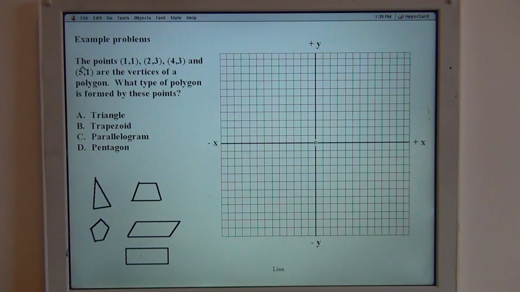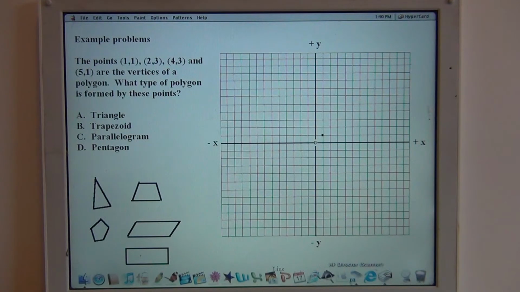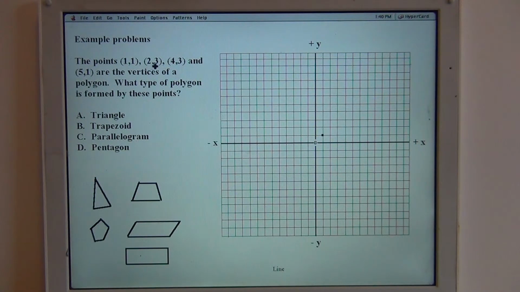Okay, so we're going to plot these points. Let me get my line tool here. First point is 1, 1. Well, x is 1 and y is 1. They're both positive, so I move 1 on the x-axis, 1 on the y-axis, and I put that point there. Now this is 2, 3, both positive, so I move 1, 2 on the x-axis, 1, 2, 3 on the